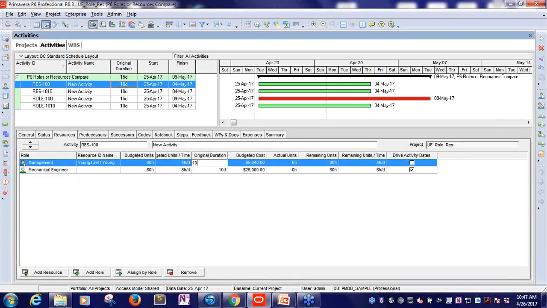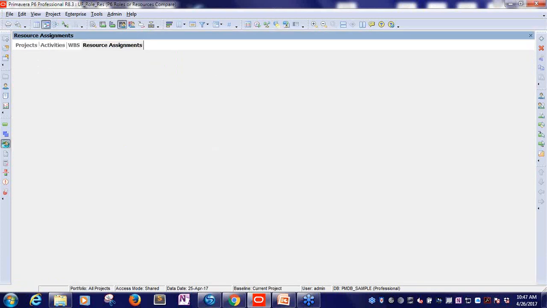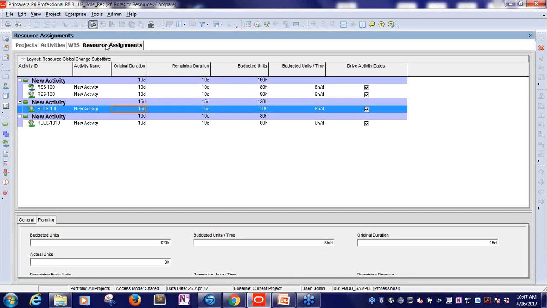So I'm going to set this back here to 10. So these would be the steps that we would want to do manually. Now, if I had a lot of resource assignments over hundreds of activities, this would be cumbersome to do one at a time at each activity's details. So what I'm going to suggest is possibly going to the resource assignments view and adding